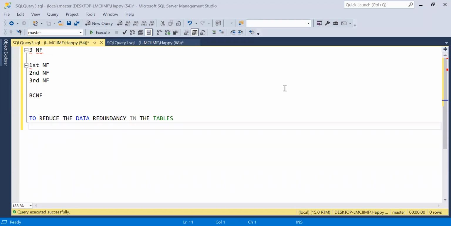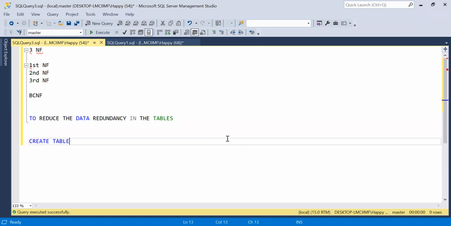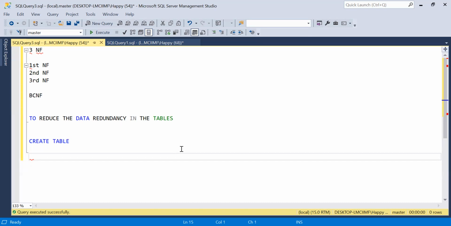Normal forms we actually use to reduce the data redundancy in the tables. There are several ways to create tables. As we discussed, we just go and create a table with the create table command. But how do we create it? That is up to us. So the first normal form states that whenever you create a table,